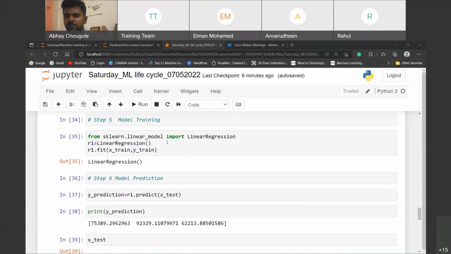Means the way you are saying that actual data and predicted data are the same. See, in regression, very rarely do you get the same answer. Are you getting the point? Very rarely you get the same answers. Why? Because just imagine